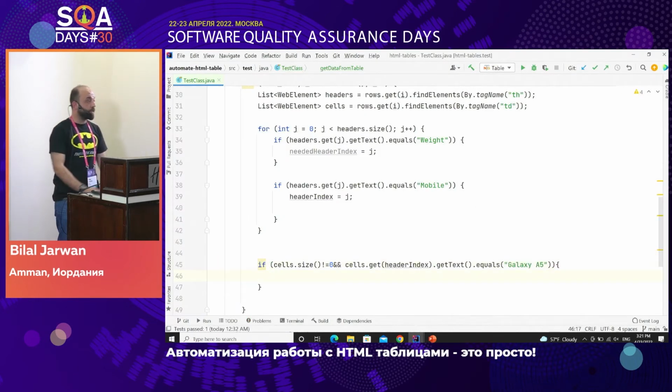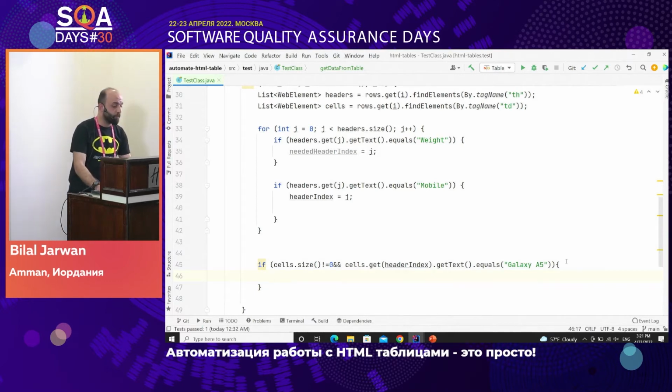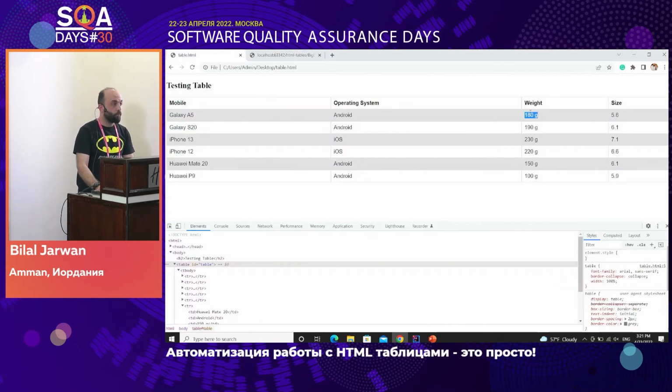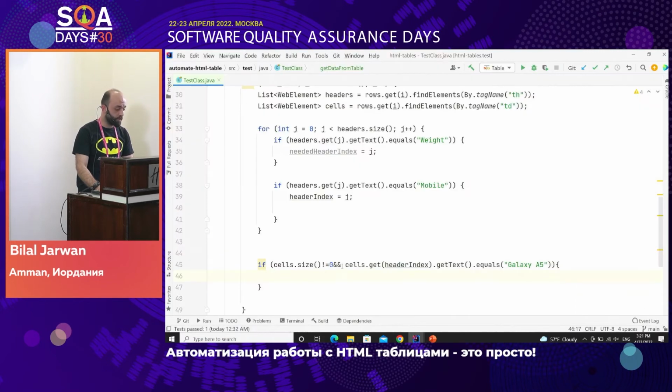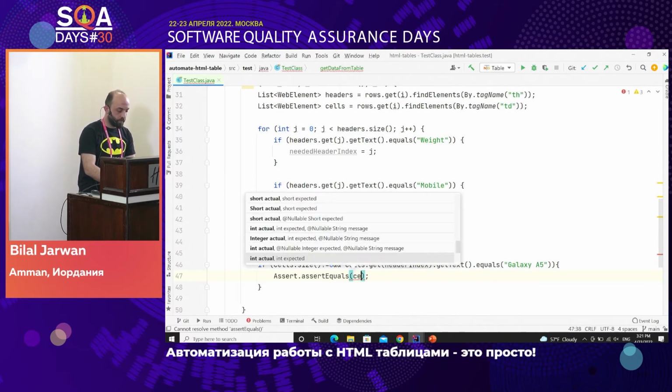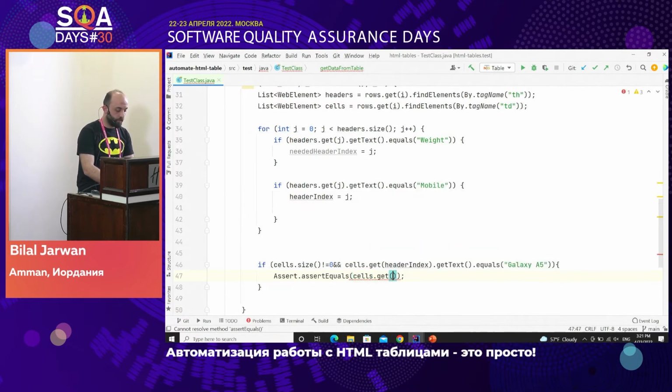If this one is correct, so what is the weight? 180 gram. So I will do an assertion. My assertion will be assertEquals with cells.get(needed header index).getText(), and the second part will be